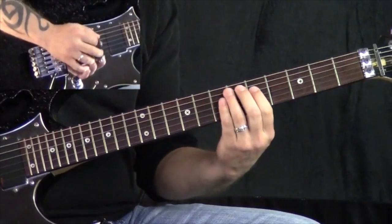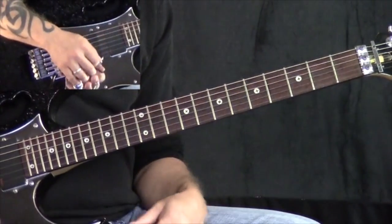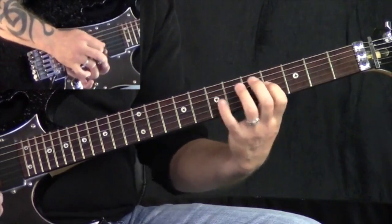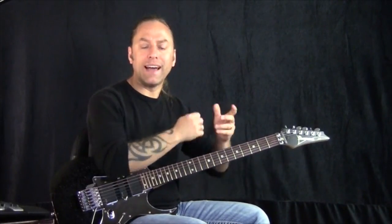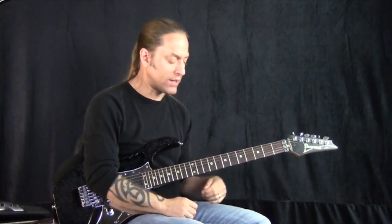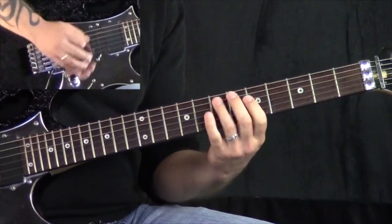So instead of just going up and back down, I'm trying to think about just creative ways of moving in and out, which is what I use meandering for. That's how I learned how to do those things, when I was meandering, which we've practiced before. Instead of just going up and down all the time, I started trying to think about